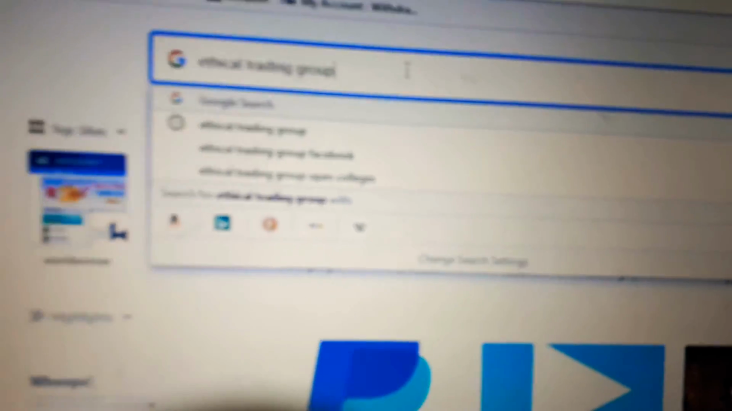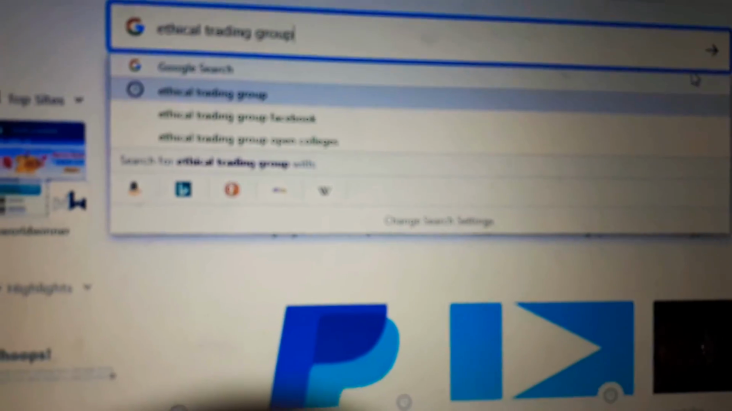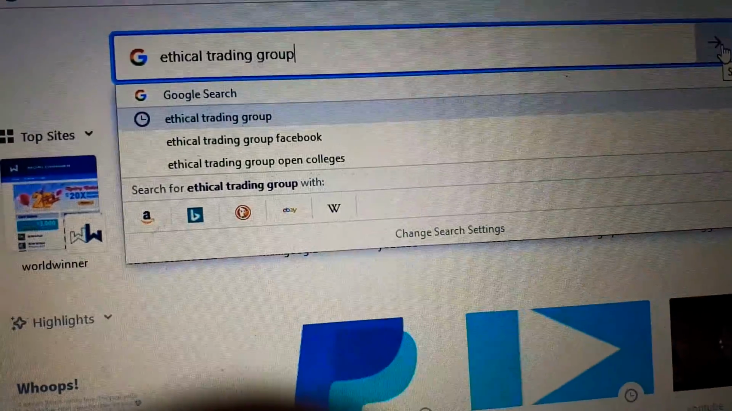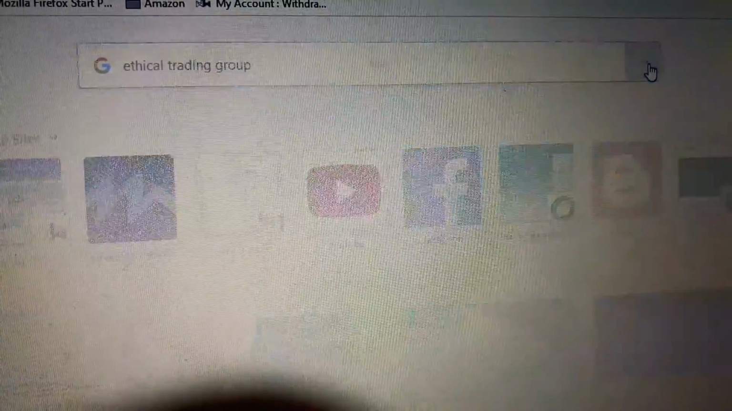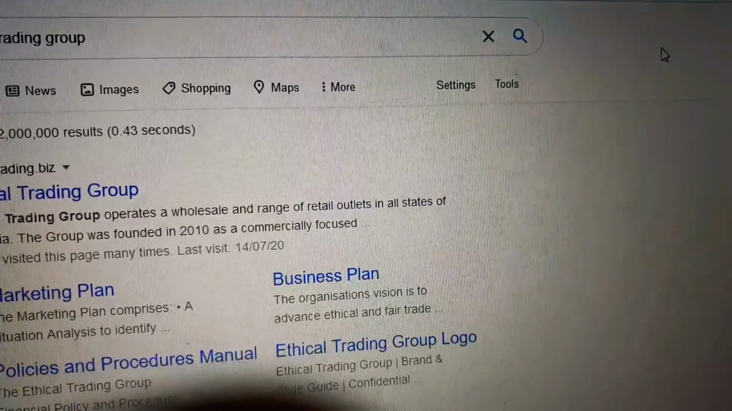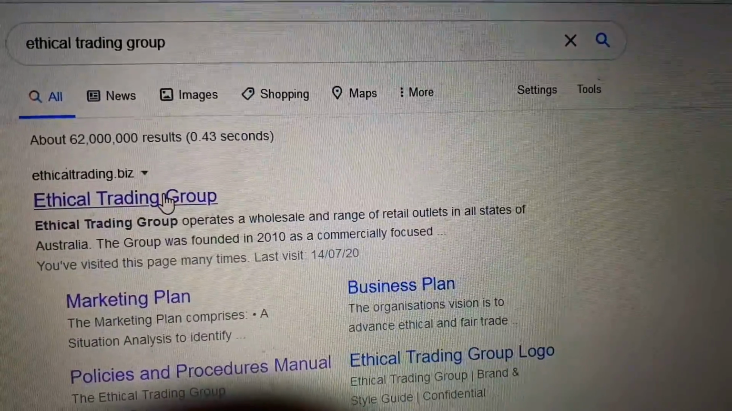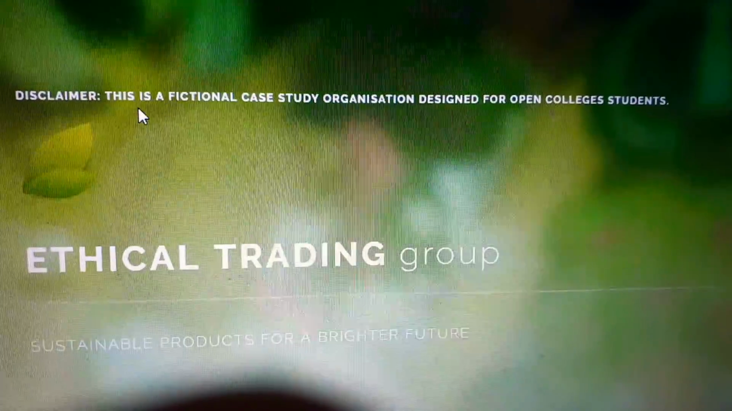While I'm waiting for that link to open, I'll just go through the process of showing you the Ethical Trading Group website. As you can see, I've just put that in the Google search on my Chrome browser, and I'm just going to open it. I'm going to go to this web page. As you can see, it's pretty much a bright green, nice